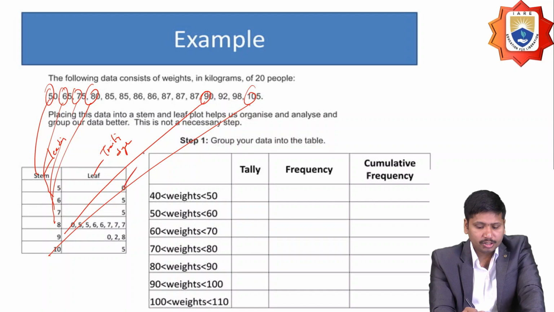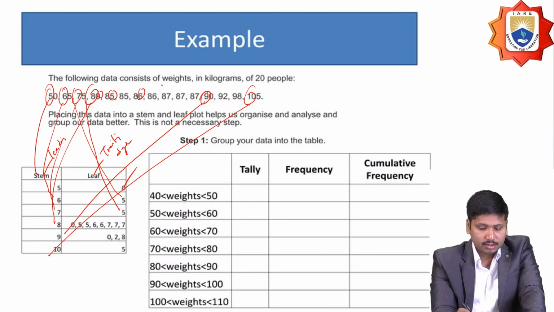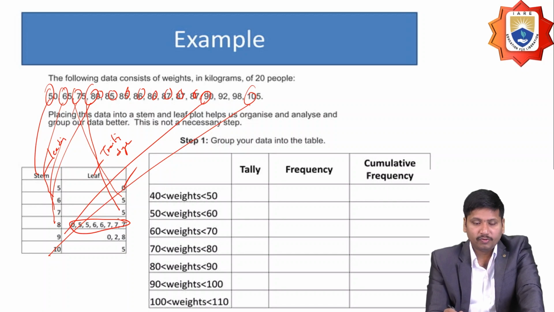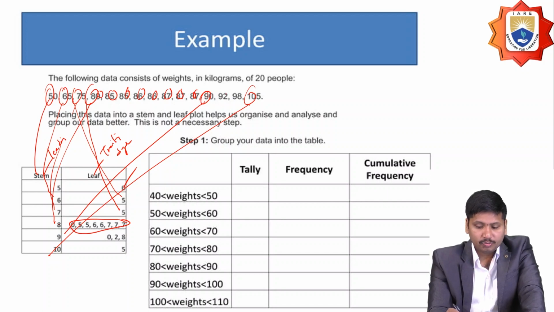So for 5 it should be 0, and for 6 it should be 5, and for 7 it should be 0, 5, 6, 5, 6, 6, 7, 7, 7. So this and all will be the trailing digits of 8, and for 9 it should be 0 and 2, 8, and for 10 it should be 5. So these are the sum of this